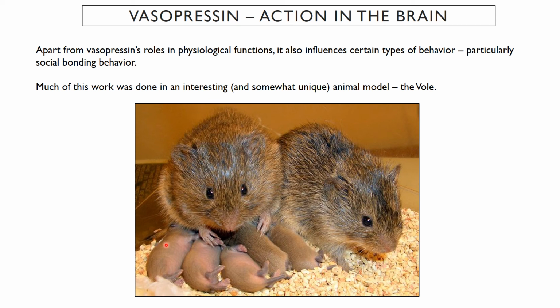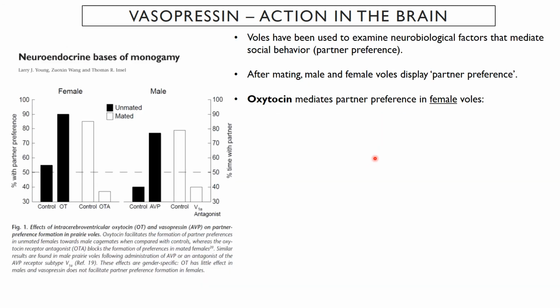They are a rodent, clearly. They look a lot like a little mouse, almost like a cross between a mouse and a gerbil. But they have some really interesting social structures that make them valuable animal models for research. We're going to walk through a series of experiments done with one species of vole called prairie voles. It's shown right here, prairie voles.